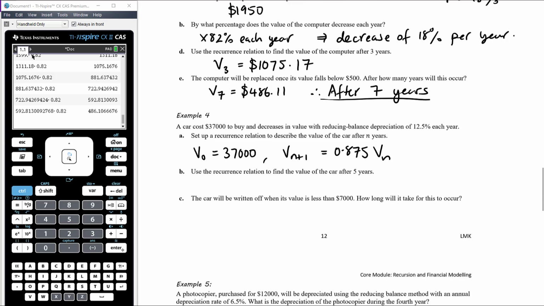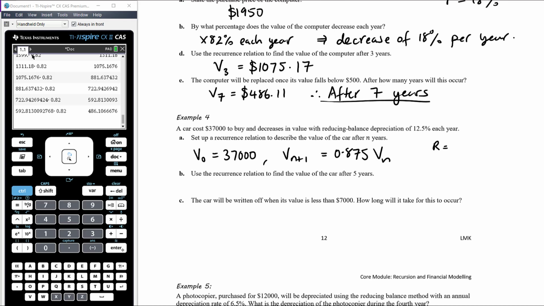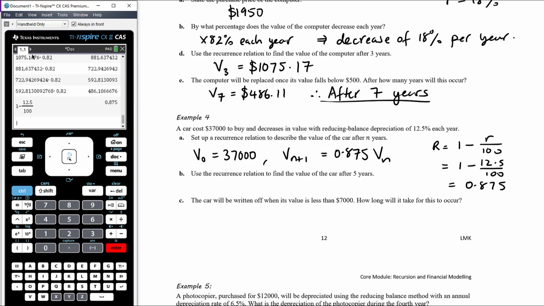However, you could also use your formula. You know that R in depreciation is 1 minus the rate over 100. That's 1 minus 12.5 over 100, which is indeed 0.875. Just to verify, 1 minus 12.5 over 100, 0.875. Okay, use the recurrence relation to find the value of the car after 5 years. So V5